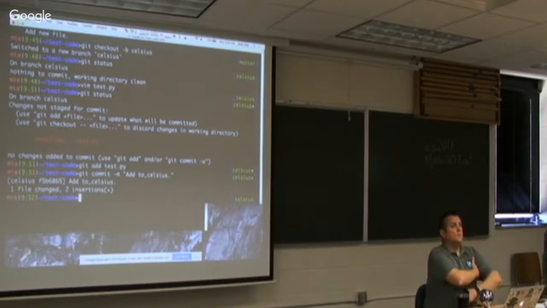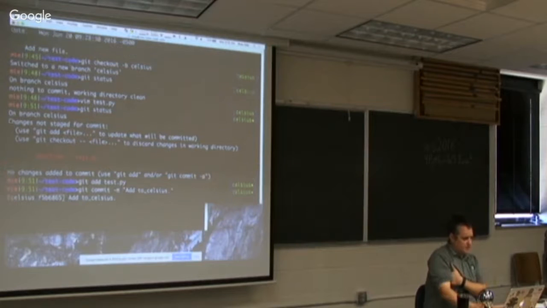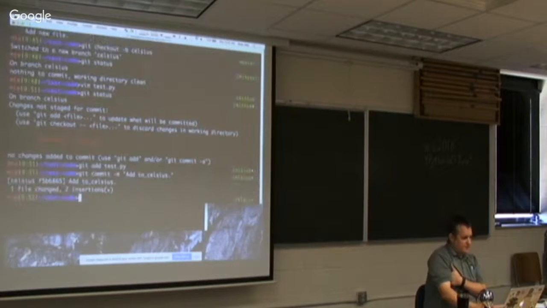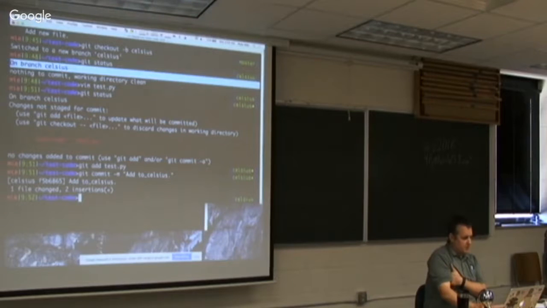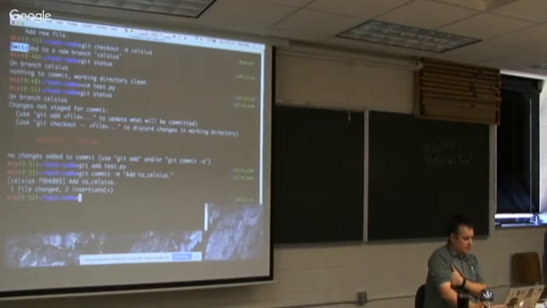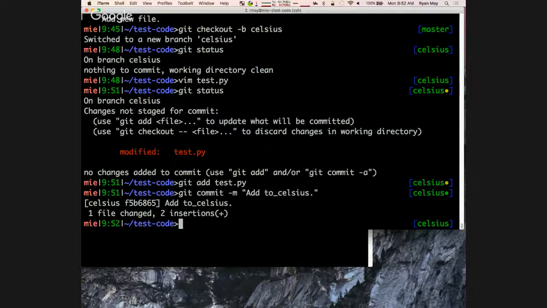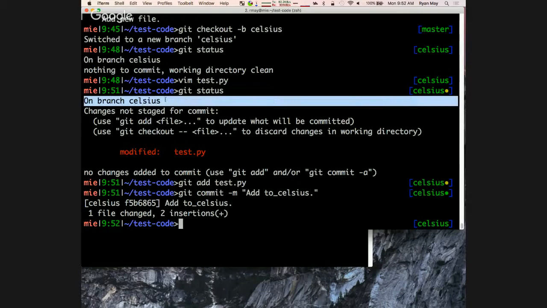Question. How do you know you switched branches? When you created it, it said switched. And then if you type git status, the first line it says is what branch you're on.